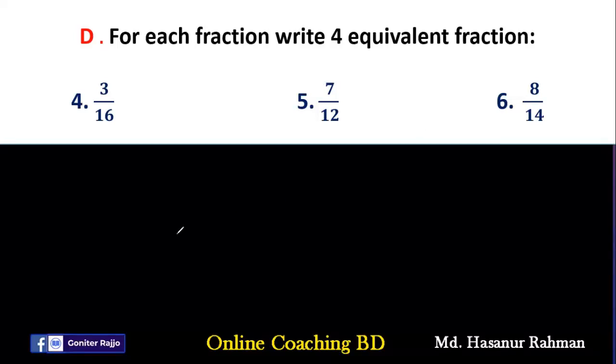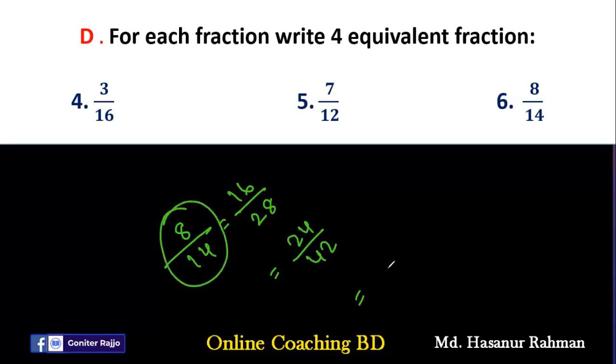Number 6 is 8 by 40. We have to multiply this fraction by 2. Then 8 2s are 16, 40 2s are 80. Multiplying by 3, we will get 8 3s are 24 and 40 3s are 120. Multiplying this one by 4, we will get 8 4s are 32 and 40 4s are 160. And last, if we multiply this one by 5, 8 5s are 40 and 40 multiplied by 5, that will